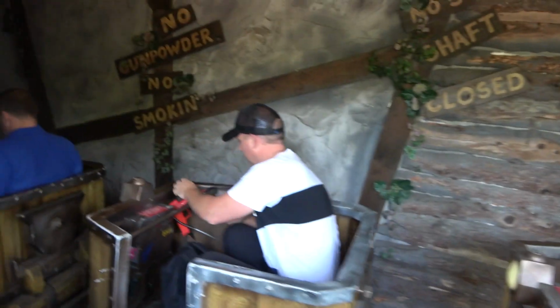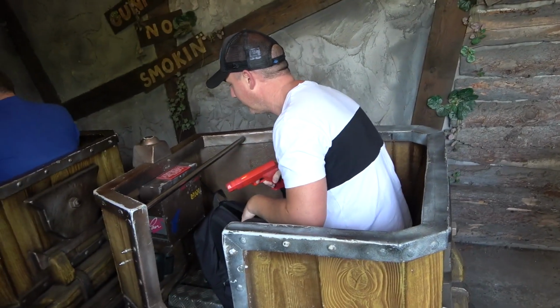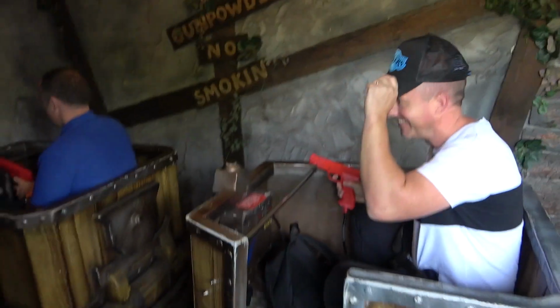The first load is all aboard, and we just realised that this ride here is the laser gun ride, so it keeps scoring your points. Is there a point thing on here? Is there points? No, there's no points there. Great. But yeah, they're going to go on it first. They're going to come back. We're going to board, I think, our track group there, and see what this ride's all about, because you never know. It could be